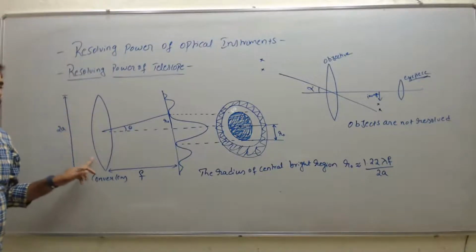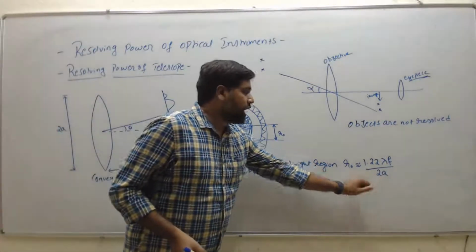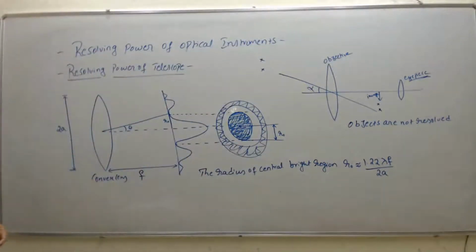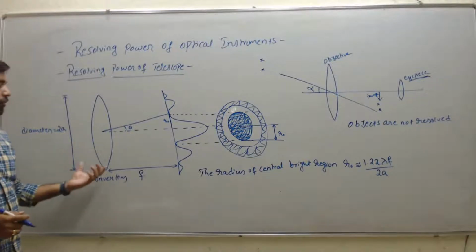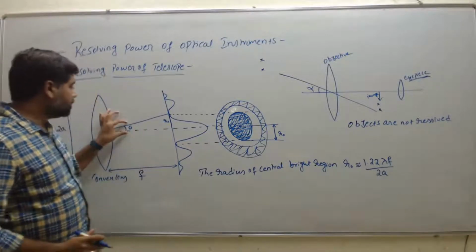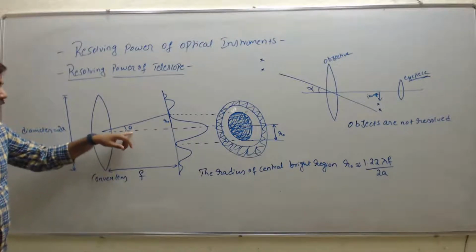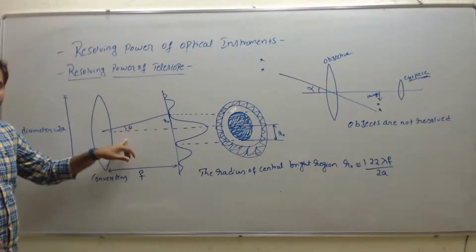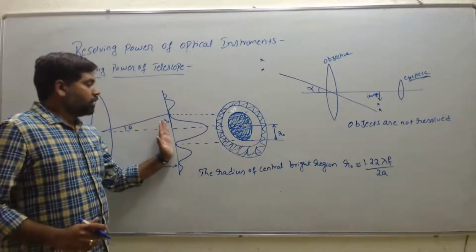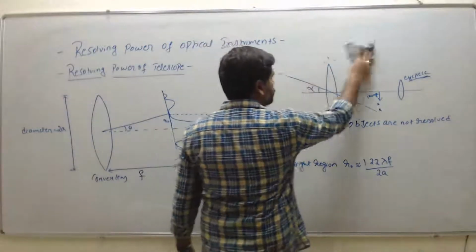Next, we are going to find theta, the angular separation, that is the minimum separation. First we are going to find the limit of resolution, then the resolving power of the telescope. So for limit of resolution,